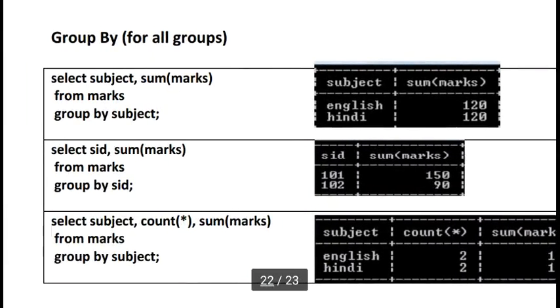Here I am writing select subject, comma, sum of marks from marks table, and group by subject. Here group by subject is the important line. I want to group according to subject wise. So all the duplicate values of a particular subject will merge. Okay, so only one time it will display.